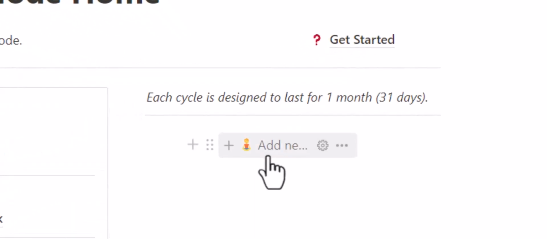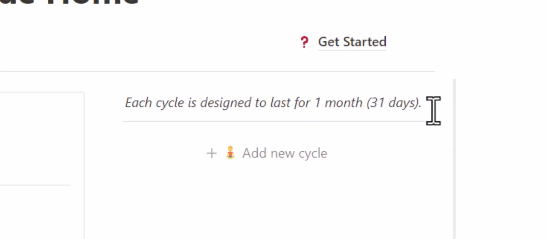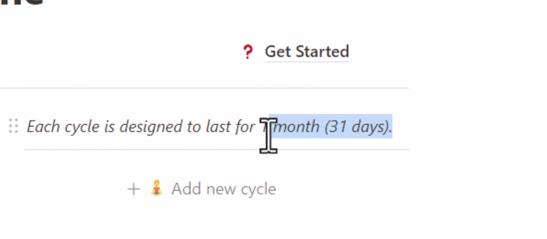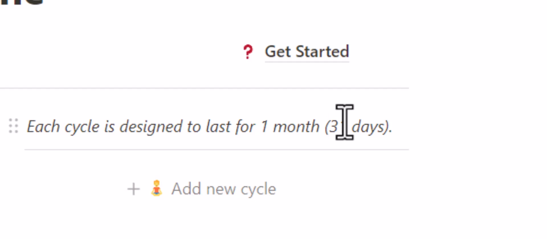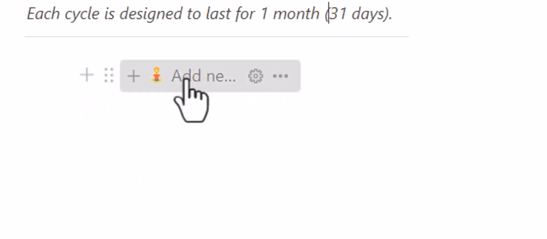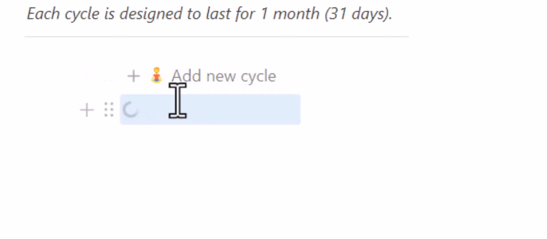Now, the monk mode template is built up very simply. What you do is you add a new cycle. Each cycle is 1 month, so 31 days. And so to avoid having February and other months with 30 days in it, I just set it to be 31 days by default. So what you want to do is click add new cycle,